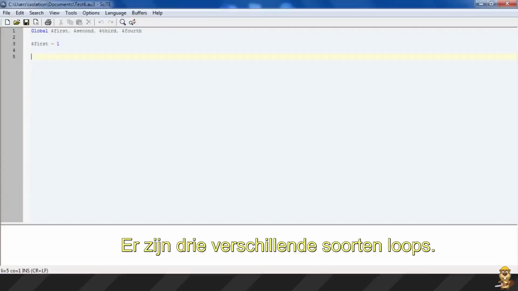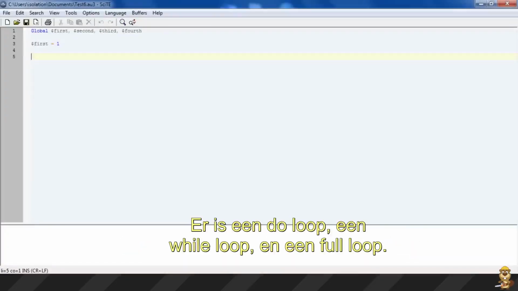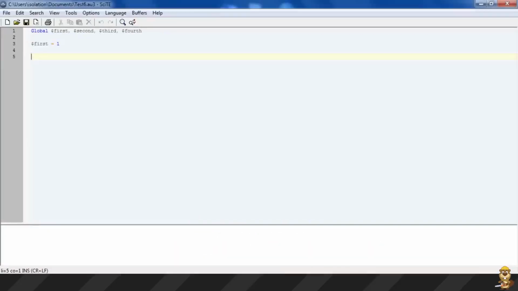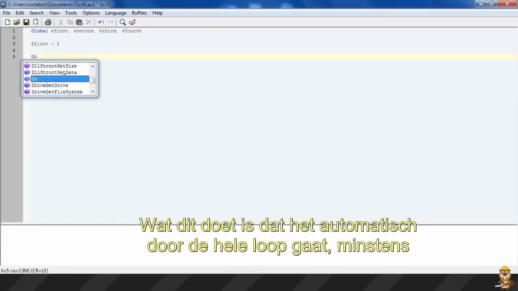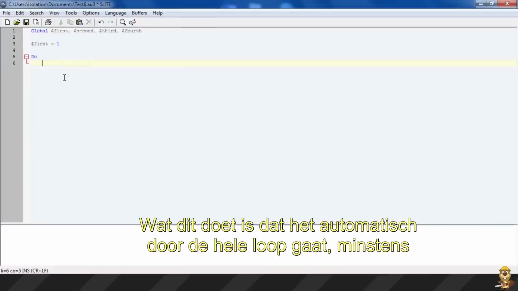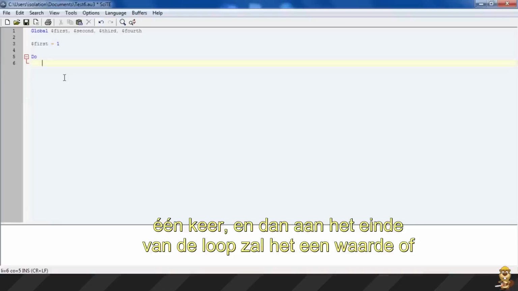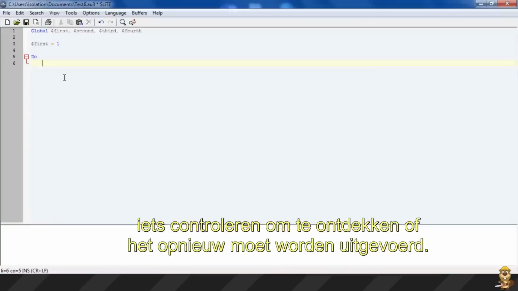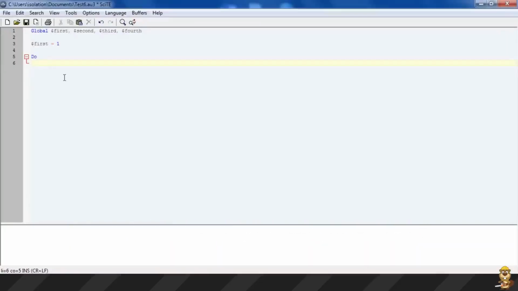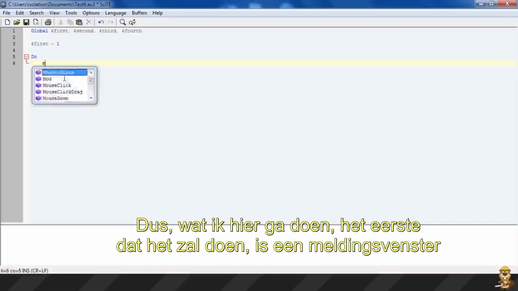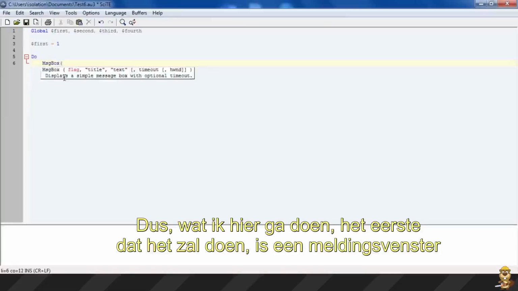There are 3 different kinds of loops. There's a do loop, a while loop, and a for loop. Now, a do loop, what this does is it automatically will go through the entire loop at least once. And then at the end of the loop it will check some value or something to find out if it needs to run again. So what I'm going to do here, the first thing it will do is make a